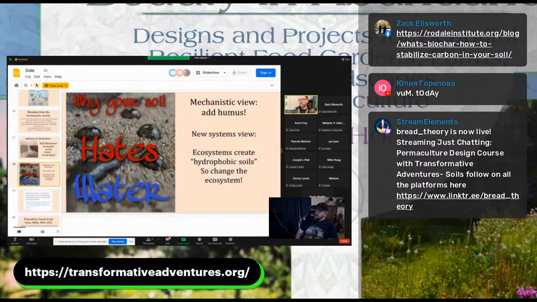So what do we want to do? If we want to create hydrophilic soils, they're going to be rich soils that hold water well. We want to tweak the ecosystem towards those plants, like great green things, leafy greens, and of course, grasses can do it, but we might not want grasses in the garden necessarily, but we might have an idea for using grasses temporarily to improve the soil. But a lot of our vegetables, of course, our vegetables love water. These things can help break these down.